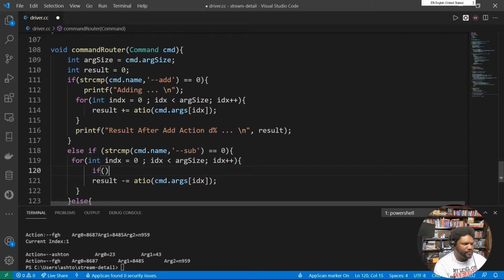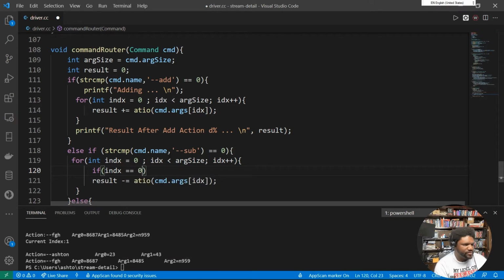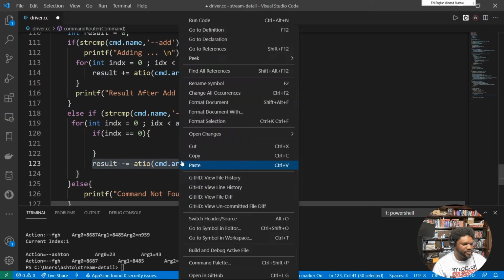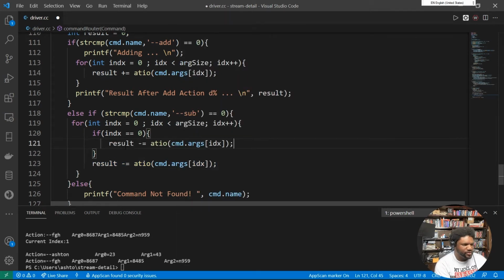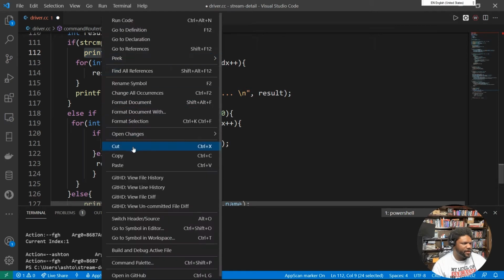if result is, well, no, if IDX is equal to 0, we're going to do this. Okay? We're going to take result, and result is going to equal this right here. Where we take that first number, and then we take the else, and we make our else like this. Alright? So once everything is done, let's take this and use it kind of like a